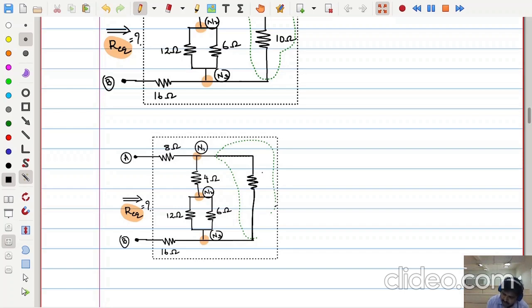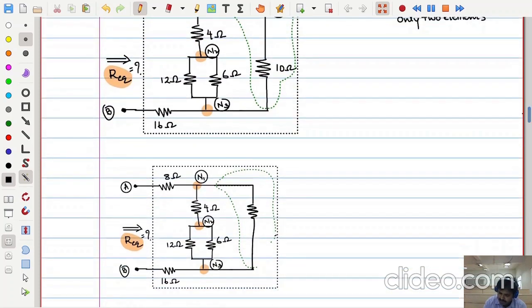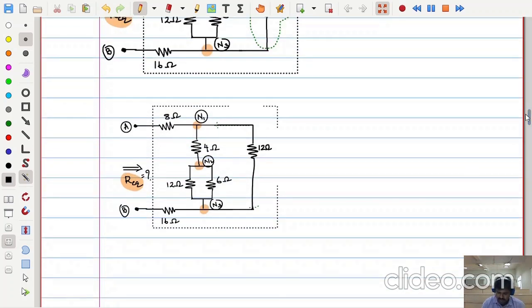So how much is that? 2 plus 10, 12 ohm. Now you can remove this green color dotted line. Now you can think of further reduction. In this way we should keep on going, reducing the elements. As of now I could see no more simple nodes. Yes or no? Only three nodes, sir,